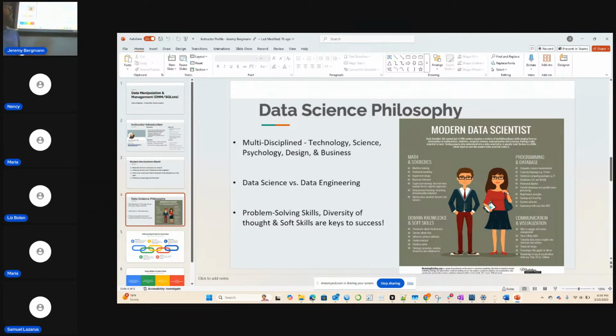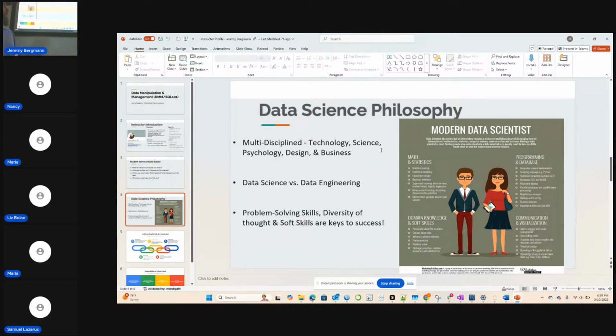That's what this image up here is, like a modern data scientist. I've done a little bit of everything on this. Not so much in this class. This would be your data science track, where you'd learn more of the math and statistics. It is definitely important in both to have domain knowledge and soft skills. So knowledge of systems, knowledge of data.